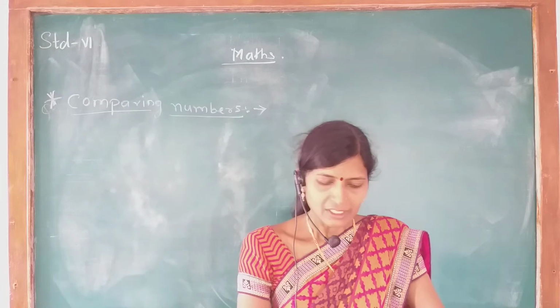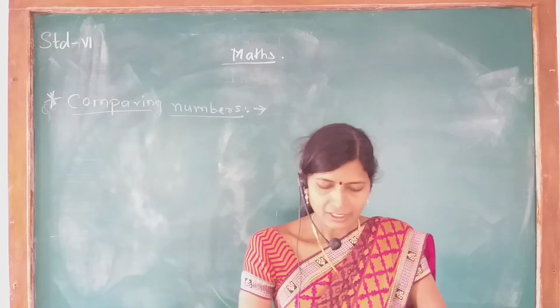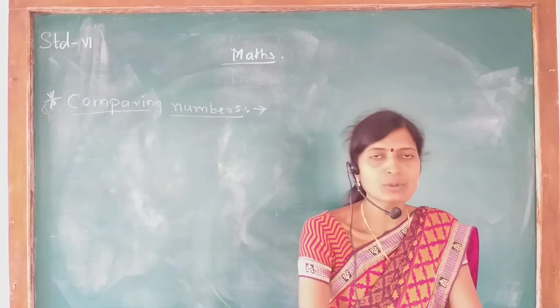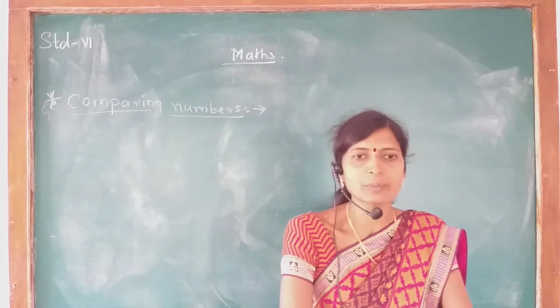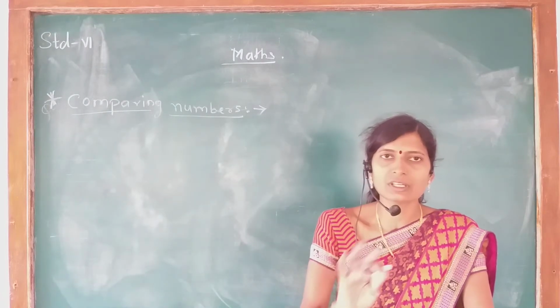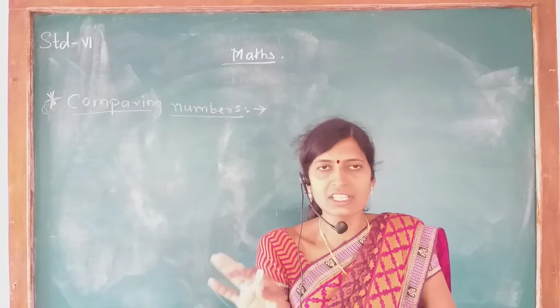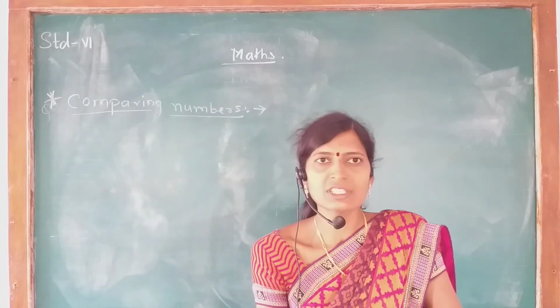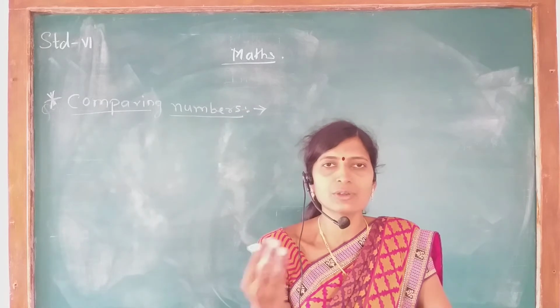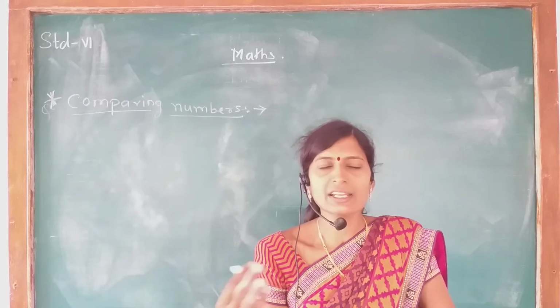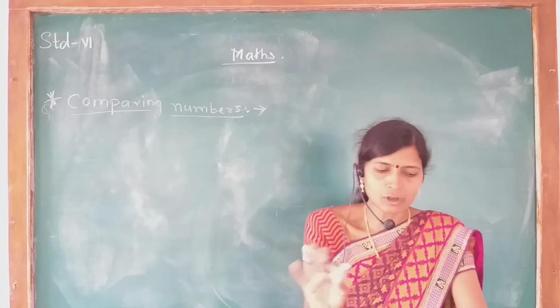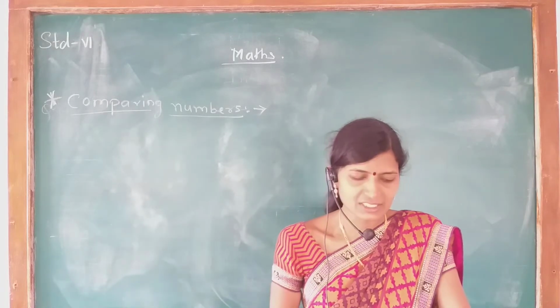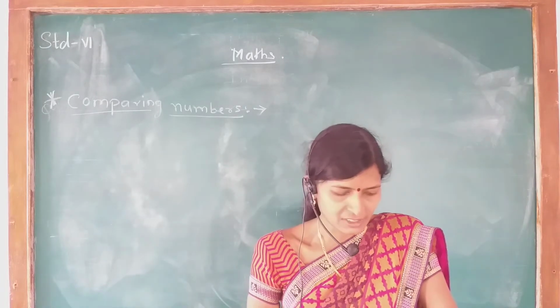So don't worry if these steps are hard, then simply you know how to compare the two numbers as per the place values. First count the number of digits of each number. We'll take an example, at that time you will understand better. Okay. So first count, if the number of digits are the same, then as per the place value you decide which number is smaller and which number is greater. And all of you know the place values of each number, we have taken already in the previous class.